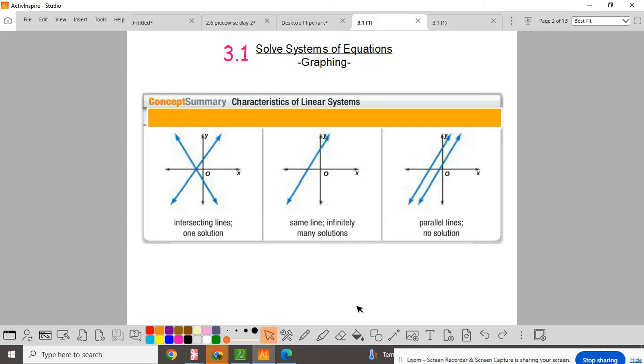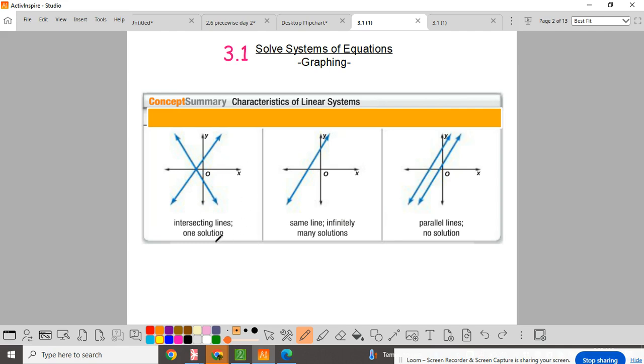Today we're gonna learn about 3.1, solving systems of equations by graphing. Some review: most of this topic has been covered in Algebra 1, but we're here to go back and put some twist. Okay, so in solving a system of linear equations, two equations are given, or there could be more,